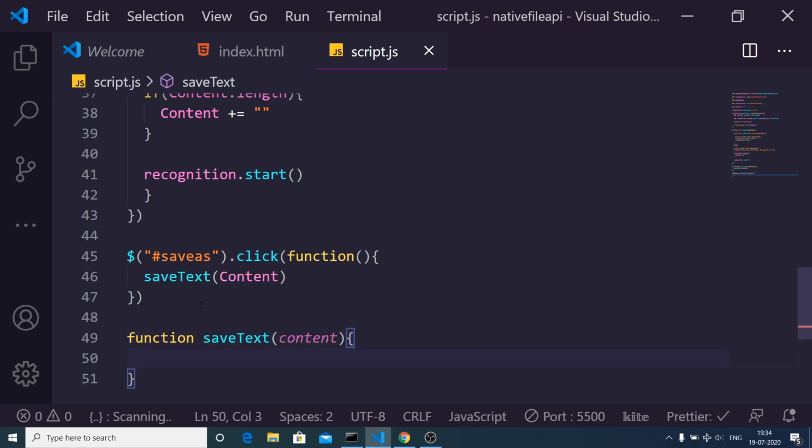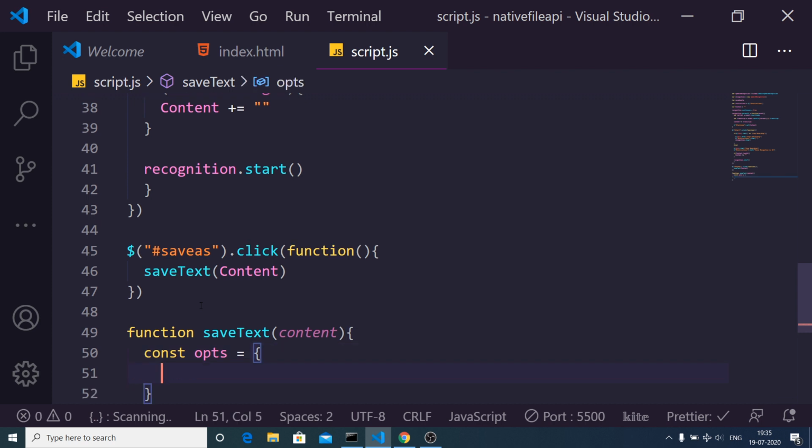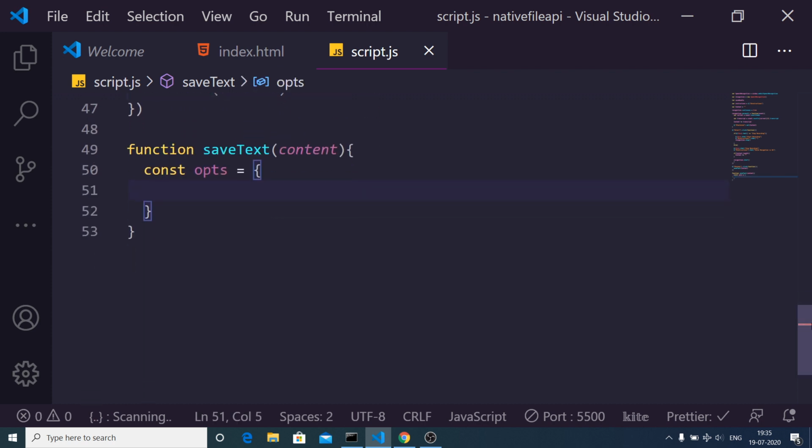Now inside this function, guys, we need to make the options here. OPTS stands for options. This is an object. Inside these options, it takes a property type. So type will be equal to save file. The second property it takes is the extension and the MIME type, so this is an array.